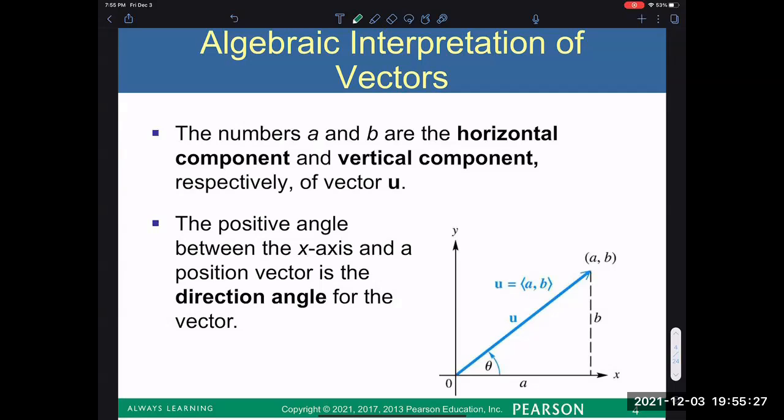Additionally, before we sort of imagined the slope of a vector, but now, attaching the vector at the origin, we can imagine that the angle theta is the angle of elevation of the vector u, or as we may now refer to it, the vector AB. This is all diagrammed here, so we can see the original vector as well as where it finishes and the angle that it travels on from the origin to arrive at that terminal point AB. And also we can focus on A and B being the horizontal and vertical components,